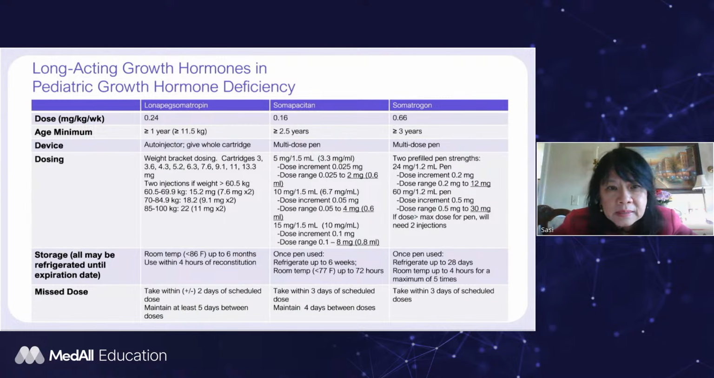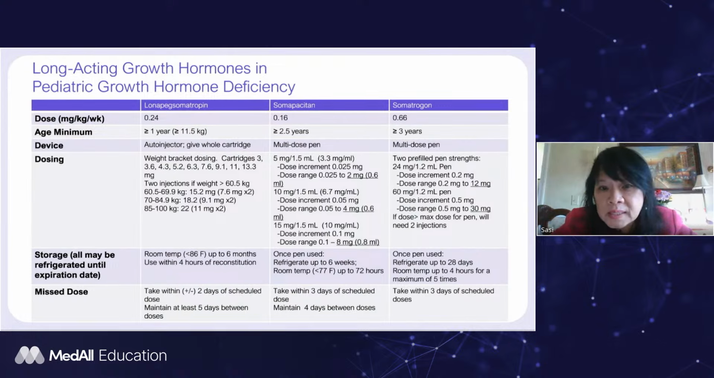you can see that lonapegsomatropin is like using weight brackets, and you give the entire dose of the cartridge. So it's pretty convenient this way. You just look at the age bracket and then give the full dose. But for those older children, bigger size, we have to give 2 injections in those weight over 60.5 kilo. And for